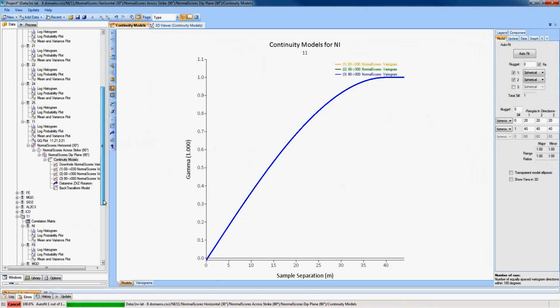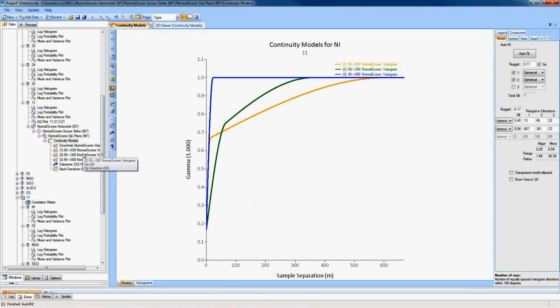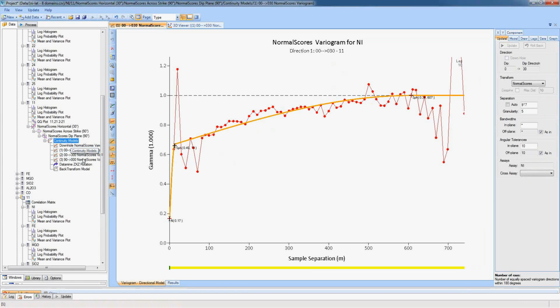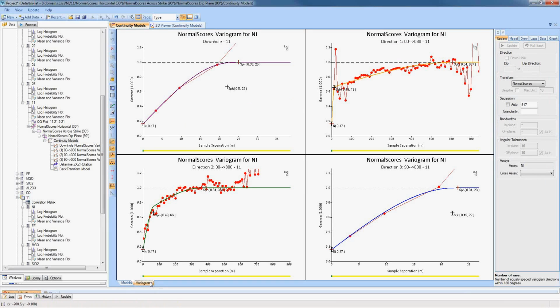Now when I add my models, I automatically get a downhole and my 3 directions. I automatically get rotation angles specific to the software package I'm using, and if I'm using normal scores variograms, I automatically get a back transform. Now I can look at these variograms individually, or I can look at them all together. There's an auto-fit process, so it's automatically fitted a model with 2 spherical structures and a nugget,